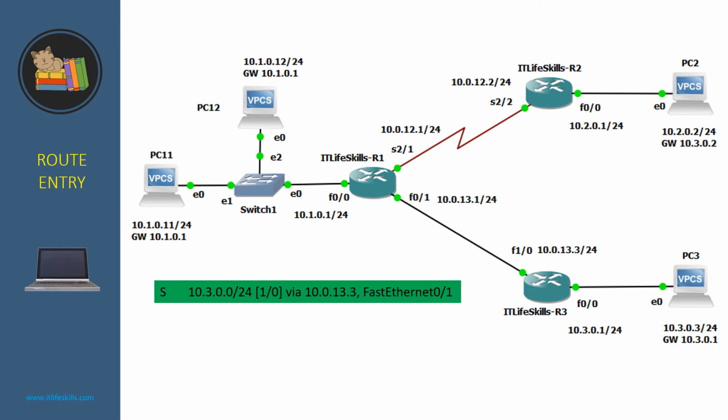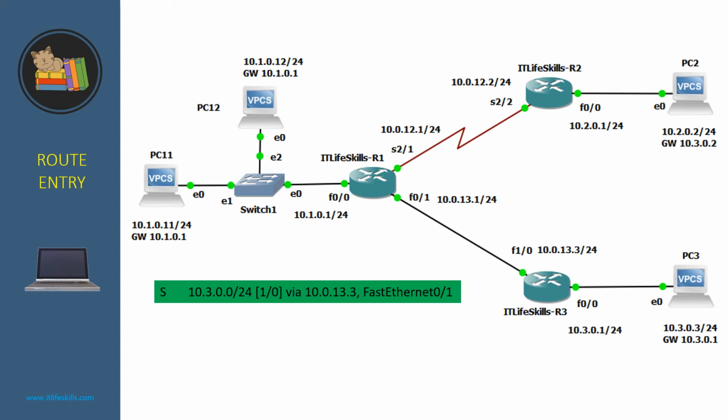The entry tells us that from IT Life Skills Router 1 to reach the destination network 10.3.0.0/24 behind router 3 over here, the router must send its IP packets via the outgoing interface F0/1 to the next hop IP address